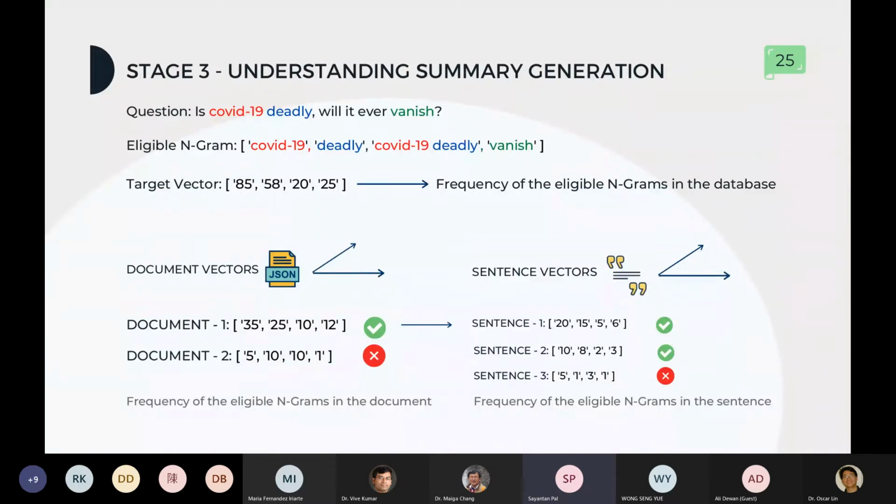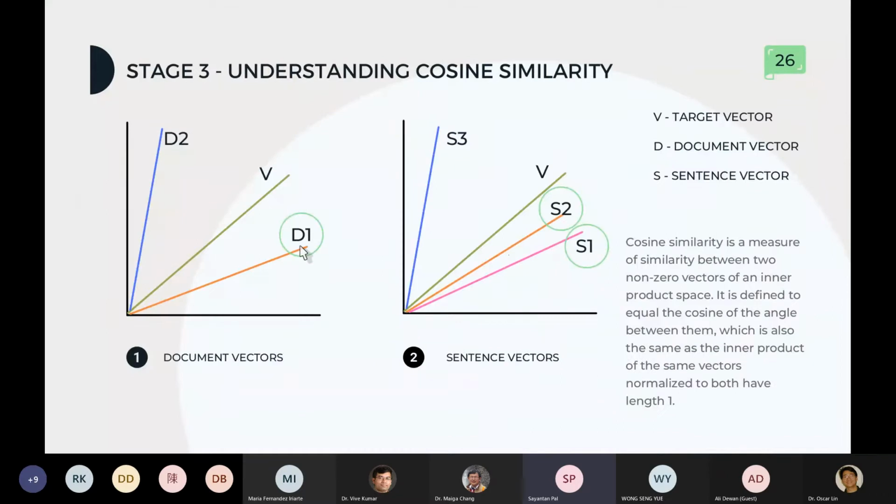If you want to know what cosine similarity is and how everything works, cosine similarity is a mathematical formula where it doesn't consider the magnitude, but instead we are much more curious about the angle. For example, V is our target vector over here, and D1 is the document that is the closest, so we are selecting D1.